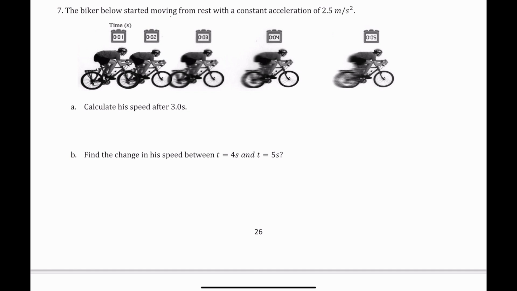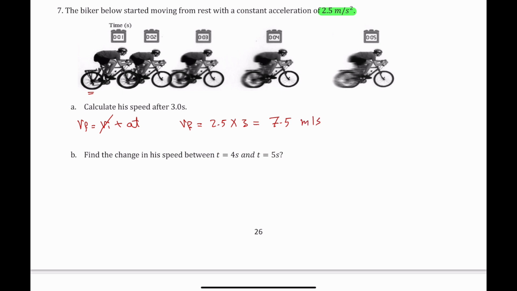The biker below started moving from rest with a constant acceleration of 2.5 meters per second squared. A, calculate his speed after 3 seconds. Okay, we just write the formula V final equals V initial plus at. So V final equals, here the initial velocity is 0 because he started the motion from rest. So a is 2.5 times the time, which is 3. So the answer is 7.5